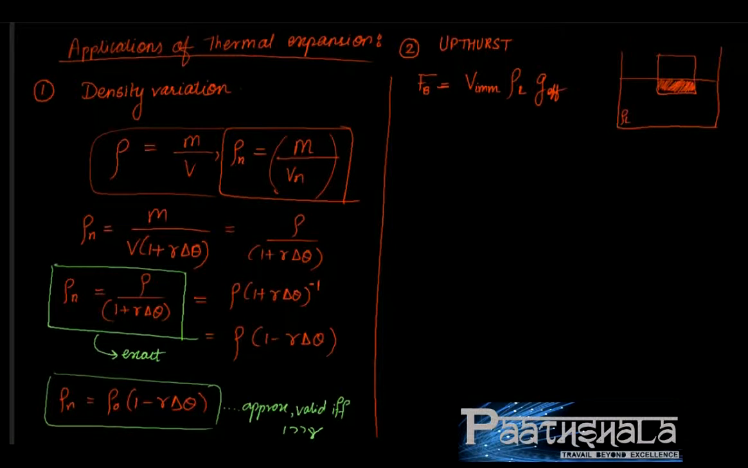Liquid has a density rho L, solid has a density rho S. Naturally, right now rho S is less than rho L. That is the reason why the solid is floating. G is the acceleration due to gravity. Fine, you're happy with this? So tell me, out of these three parameters, when we heat the entire system,